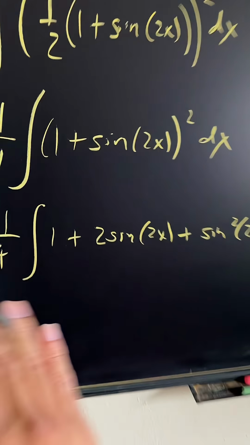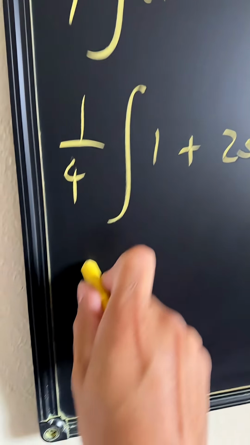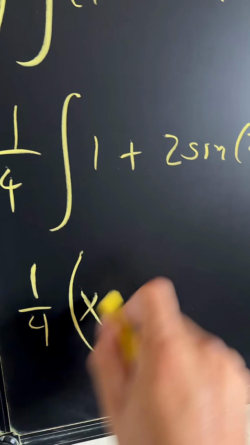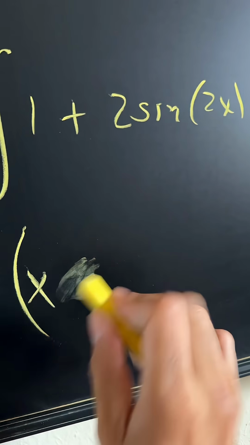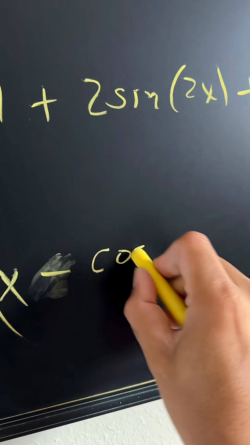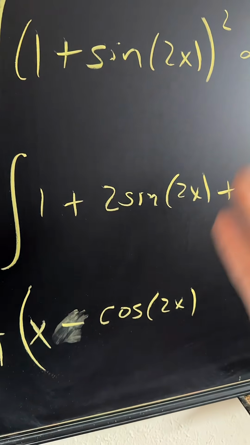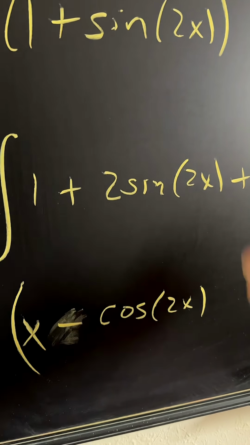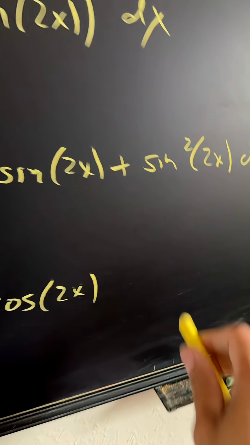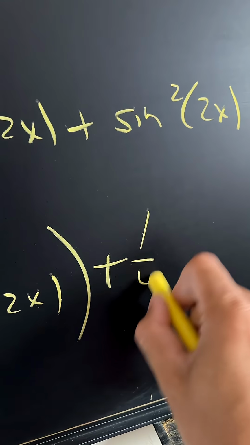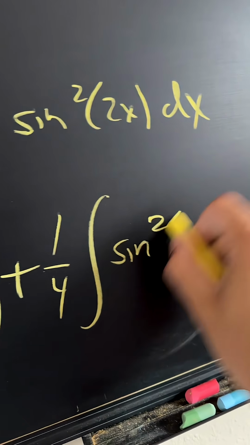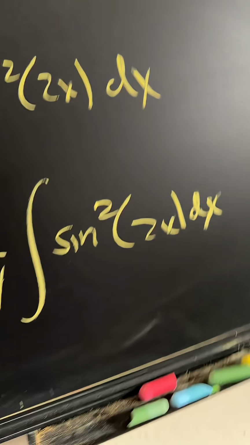All right, so these are pretty simple to solve. The first one here is just gonna be x plus, and then this is actually gonna be a sine of 2x over 2. I really just did use substitution. I encourage you to kind of see how I got that. And then now we still need to integrate this one. So now I'm just gonna have plus 1/4 cosine squared of 2x with respect to x,